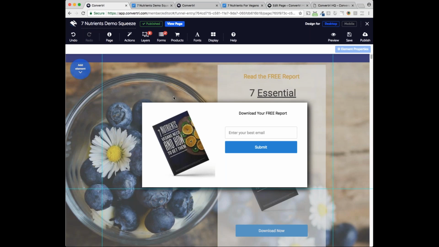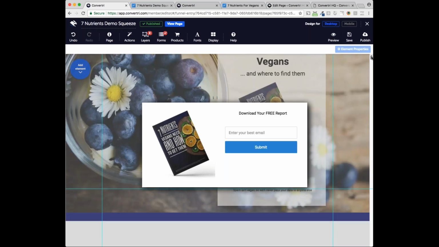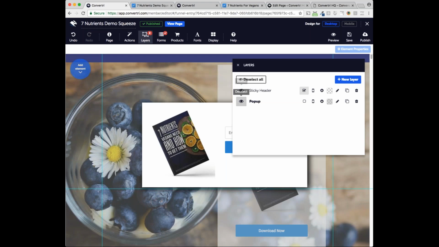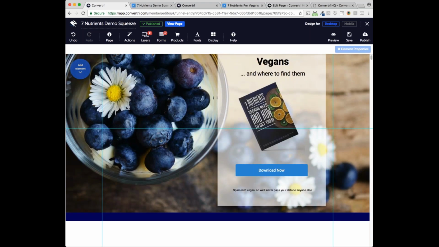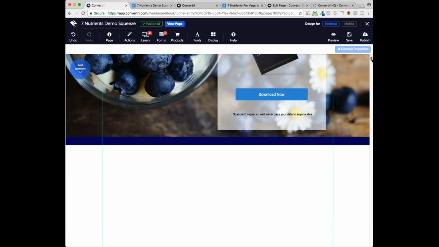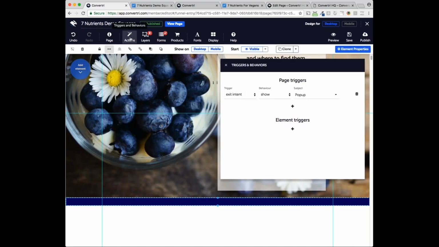The other trigger you can use is an element one. Now, this is for longer pages that have some scroll to them. So I want you to imagine for this one, this is more for sales pages rather than squeeze pages. But imagine this page was a lot longer and we've got just a load more content. What we have is an action where we say scroll top into view. So what this says is when the top of this element comes up into the browser,